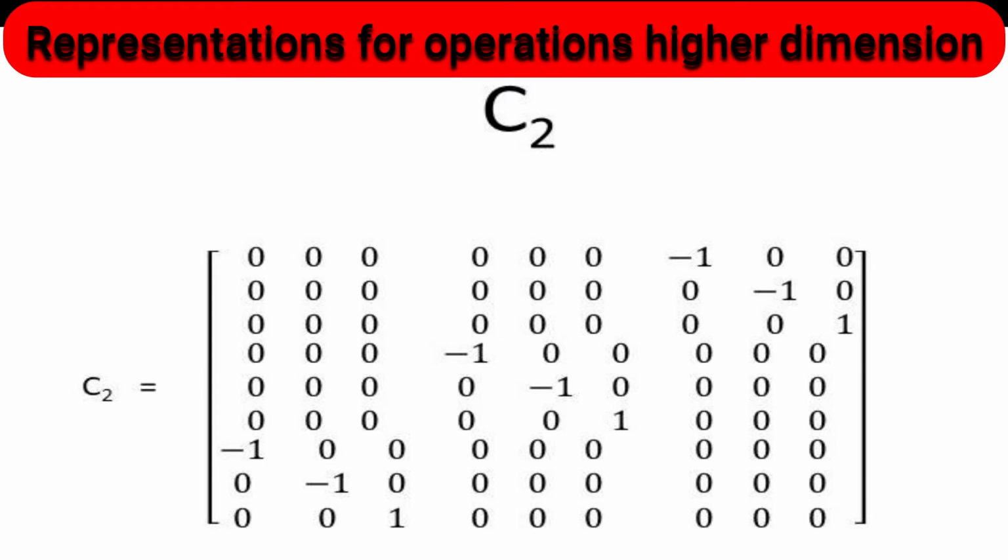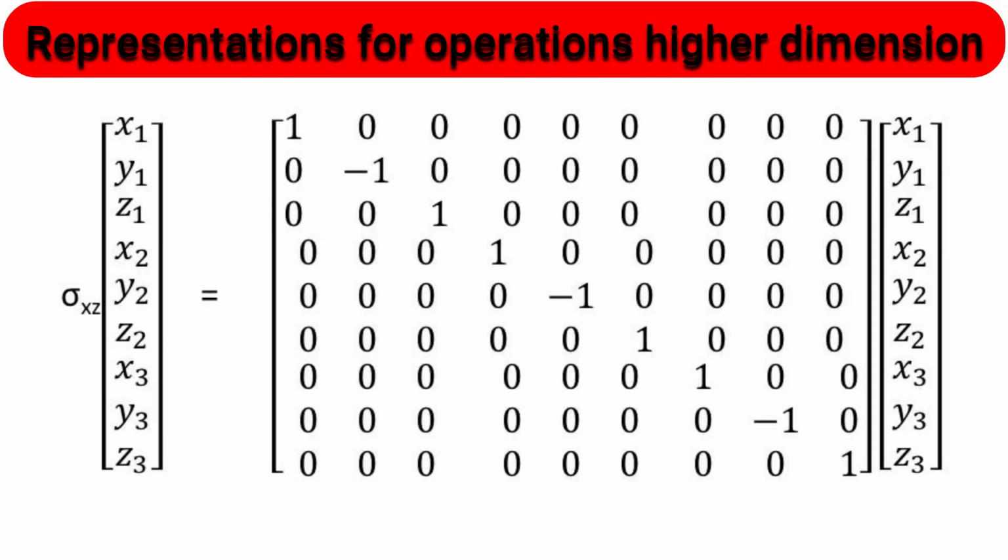Let us see now the third operation. It's a molecular plane, sigma xz. What do you think? Atom number 1 will remain in its position or will change the position? Will remain, but a few coordinates will change. Same thing will happen for atom number 2, that's oxygen, and atom number 3, that's our second hydrogen. How will the coordinates be? Because we have studied in the xz plane, the y coordinate is not there, so there only minus 1 will come, otherwise 1 will remain. Means 1 0 0, 0 minus 1 0, 0 0 1 is a representation for the sigma xz